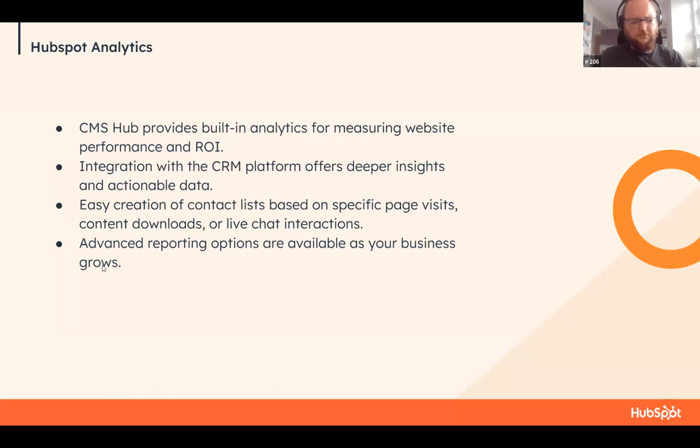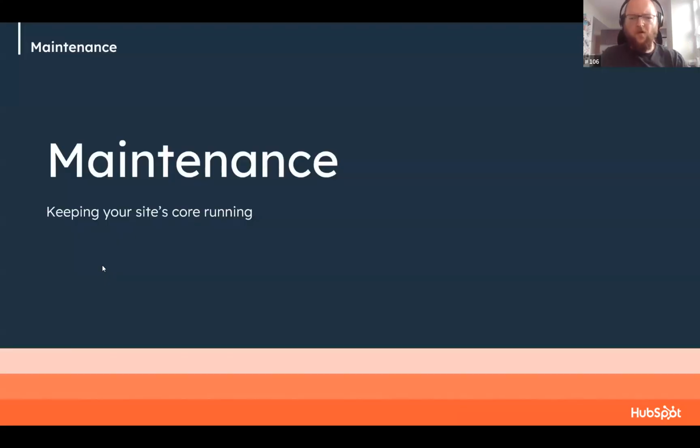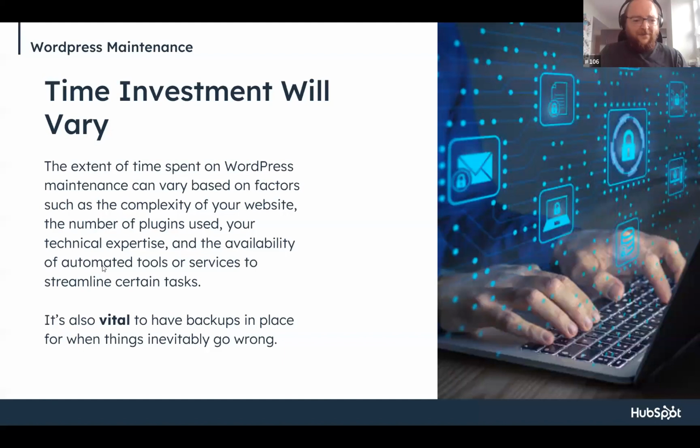So maintenance. This is, as I said, a big bugbear for me at least, with WordPress. Time investment will vary hugely, depending on your site, how complex it is, how many plugins you're using, and your technical expertise. But it's absolutely always going to be vital to keep backups of everything, because